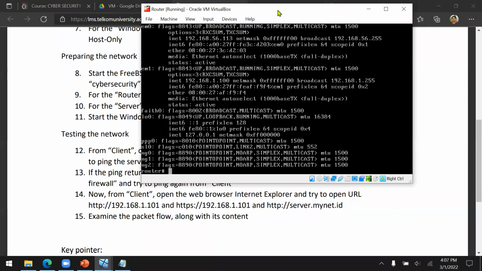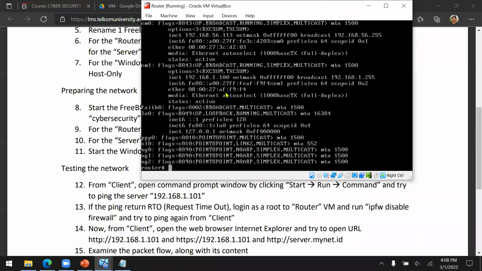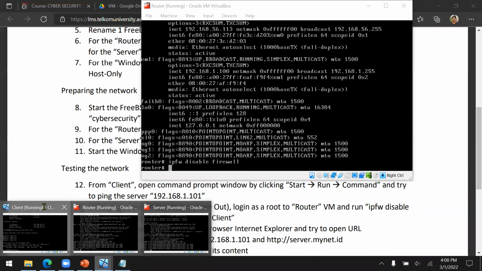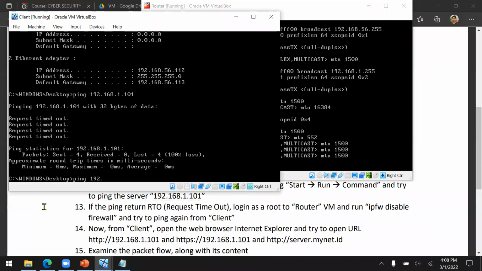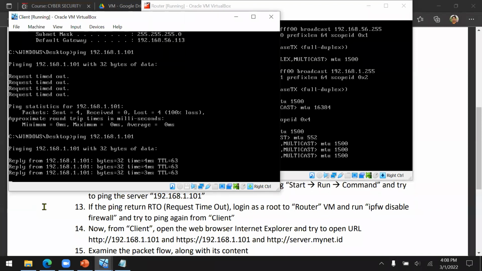So just try to run ipfw, or IP firewall, disable firewall. Okay, now let's try to ping again. Okay, now it's connected.